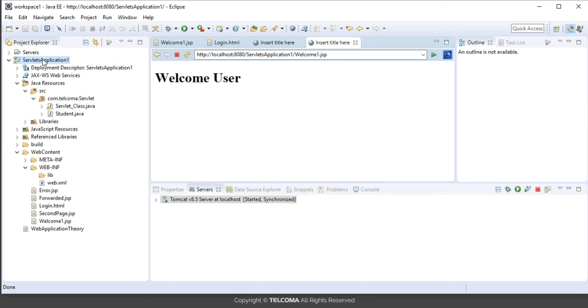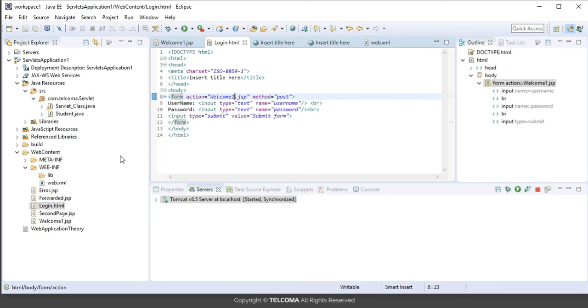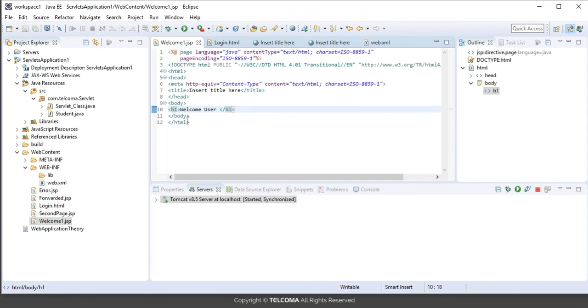So the flow is that when you run or deploy an application on the server, the first request goes to web.xml, but here there is no servlet mapping. So it just showed me the login.html file, and when I submitted the data by clicking the submit button, the action it takes is now welcome1.jsp. This is not mapped to any servlet, and no URL mapping is written, the direct JSP page name is given, and then in welcome1.jsp only we have written the